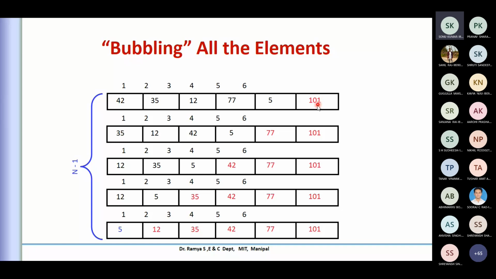Then in a second iteration, the second highest will be put, but the lowest value is not sorted at the beginning. We'll see the difference when we do the insertion sort. The way we do the comparison or make a change in the values will differ.